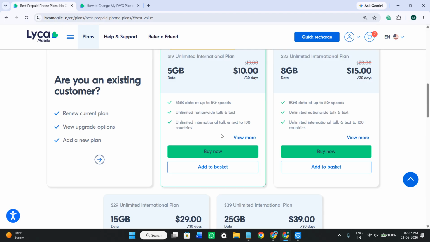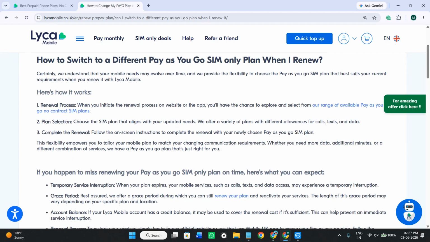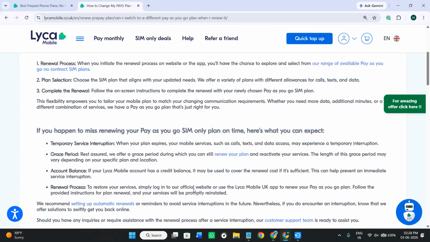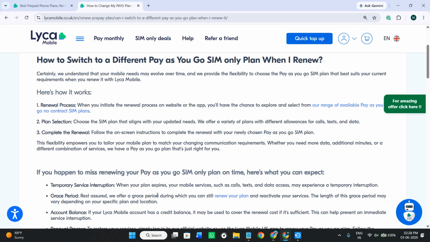LycaMobile allows existing customers to renew their current plan and upgrade to a different one. So after selecting the plan, you just have to simply tap on the option that would say change plan, and then you just have to follow further on-screen instructions in order to confirm your selection and complete any required payment. So after that is done, you are going to get a confirmation message on your phone number, and